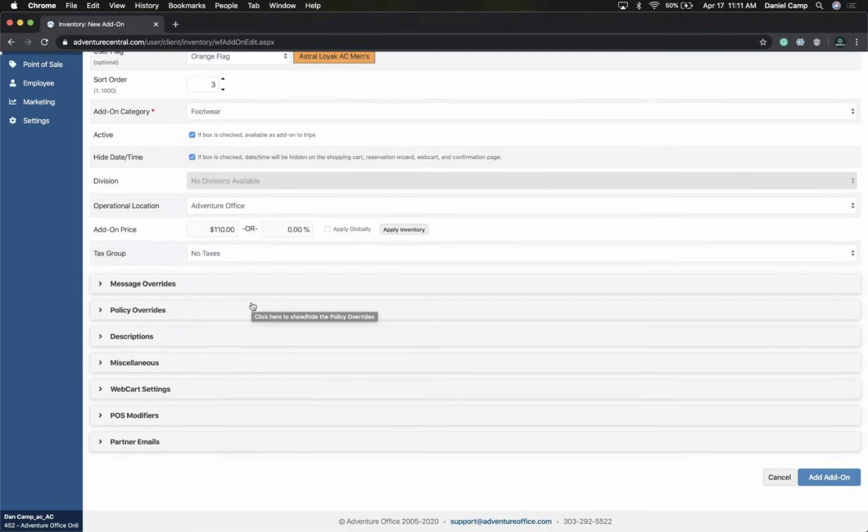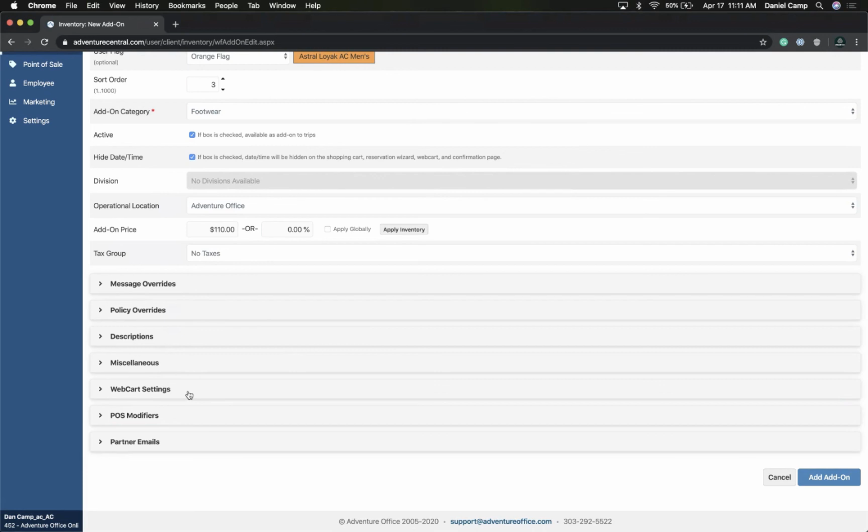And now we're going to move on. Obviously you can go through all these different things. Most people will set that up just with your basic stuff. But if you have an override that applies to just your apparel, if you wanted to do 100% of the value, which I think is a pretty smart move since it's merchandise, you can set that up in there so people are paying full price when they buy the